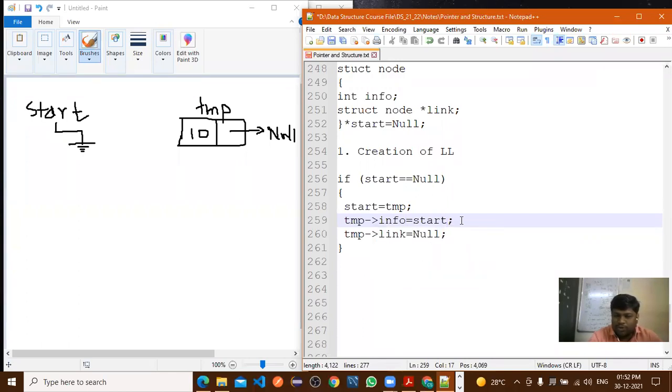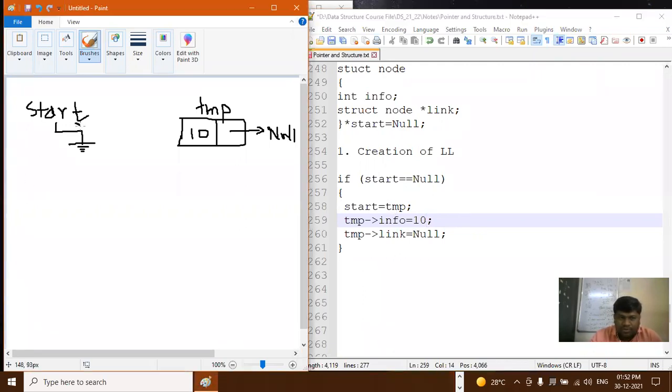So that is 10. Right, and start is equal to temp. So here the start pointer you are assigning to this first node, and temp of info is equal to 10 and temp of link is equal to null.